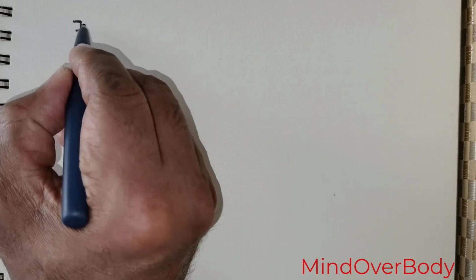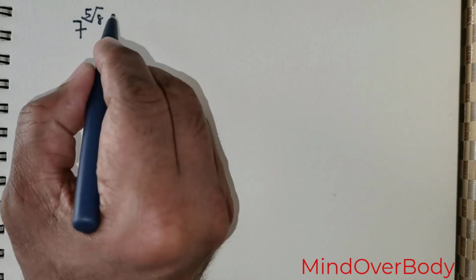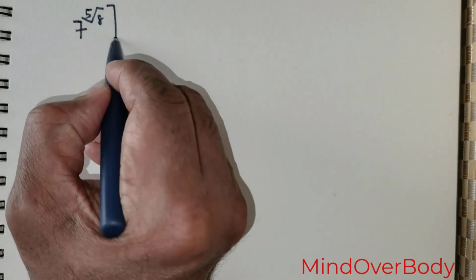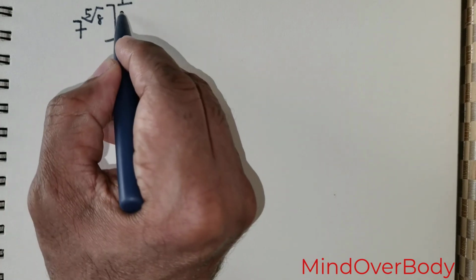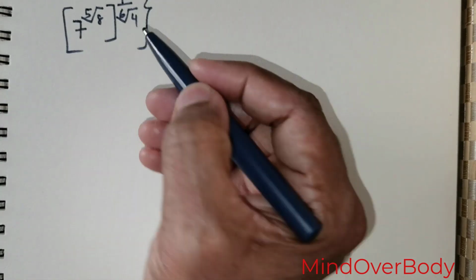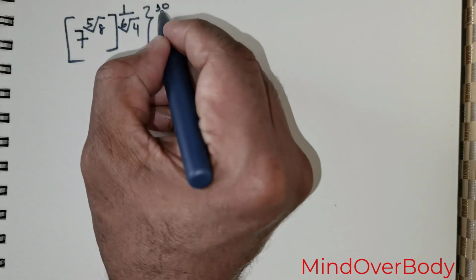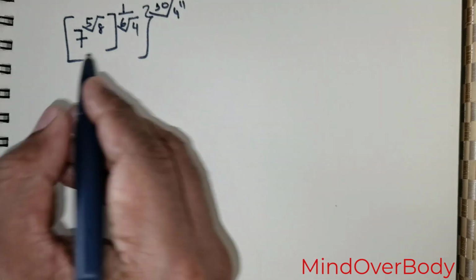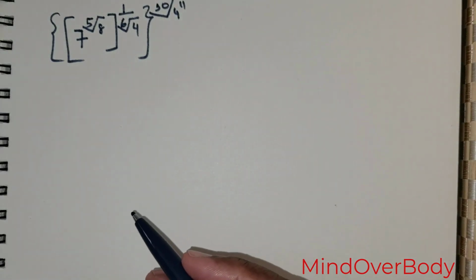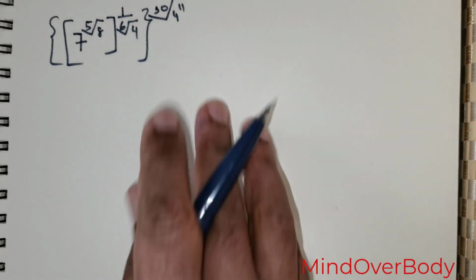So rewriting, I'm going to get 7 raised to the power of 5th root of 8. Now this has to be raised to the power of 1 over 6th root of 4, and this entire thing is raised to the power of 30th root of 4 raised to the power 11. Now you might be wondering, why am I writing it like this? So the best way to understand is,